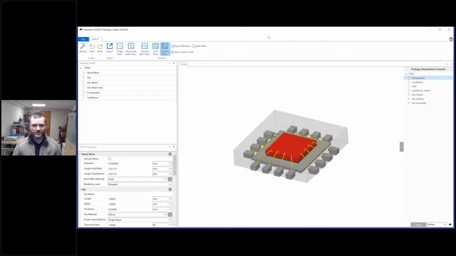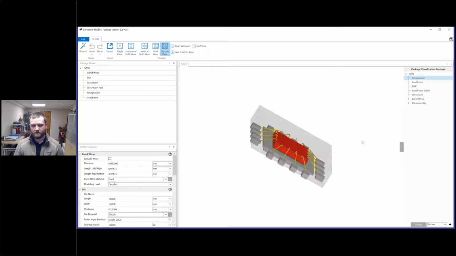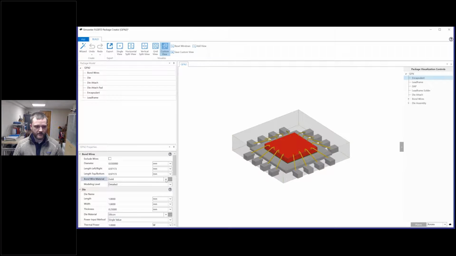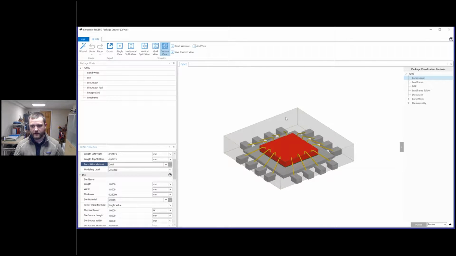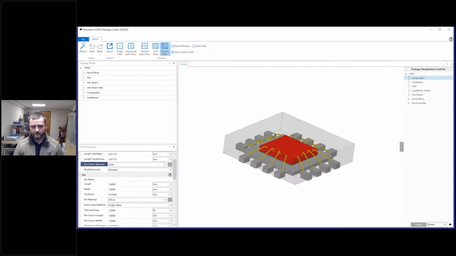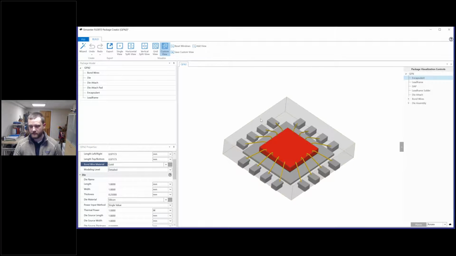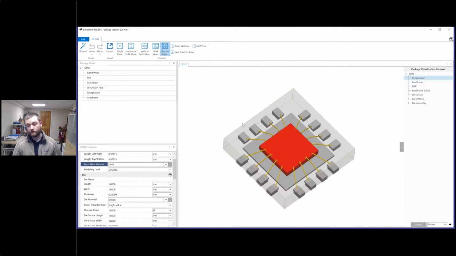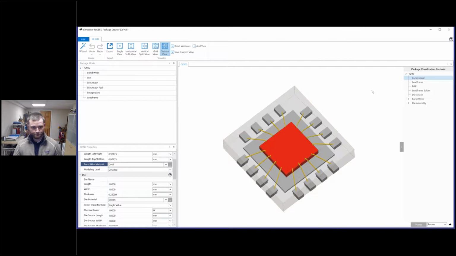So here we have our Package Creator. Sorry you couldn't see the earlier part, but here we have our package that we've defined pretty easily. But we can change our different types of materials for bond wire, whether in this case it'll just be gold. But really you have some very detailed design variables for these. And as I said, this can be automatically imported into the analysis, into your CAD, and fully accounted for in the thermal analysis if you would like it to be. And I have a slide showing that a little bit later. So for now, we'll jump out of this and we'll go back to our PowerPoint.